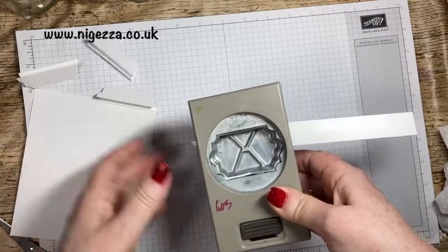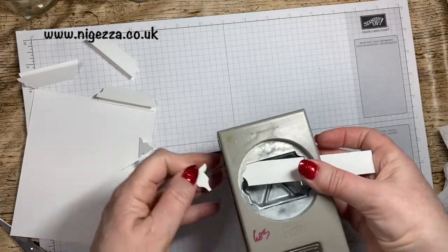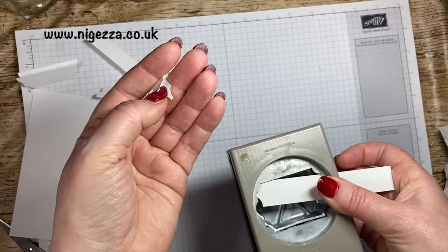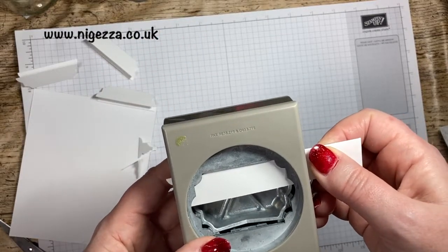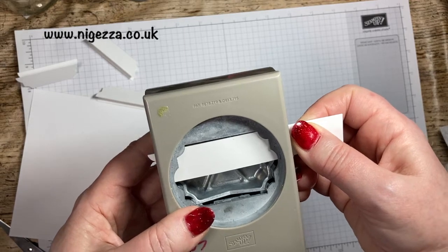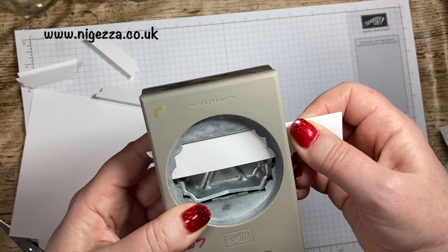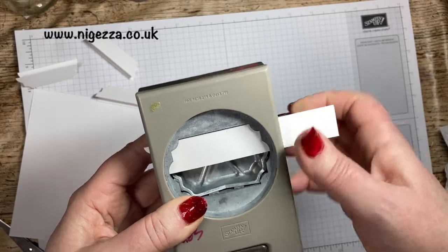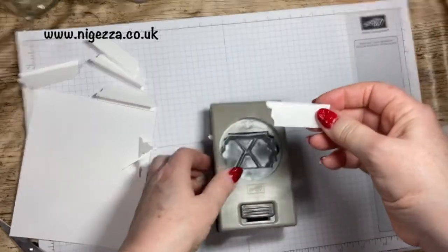And you should get 4 along here. And you get these interesting shapes, which I thought I could use as like faux hinges or something on a project. Don't like to waste. And then you've got that bit at the end,